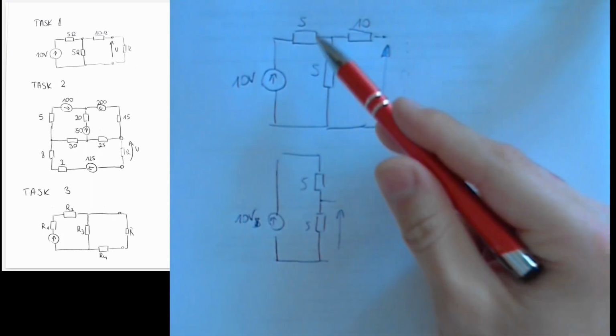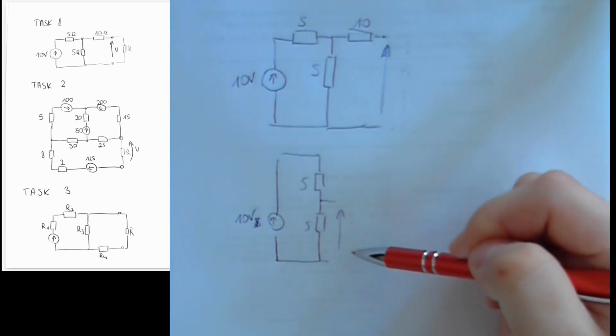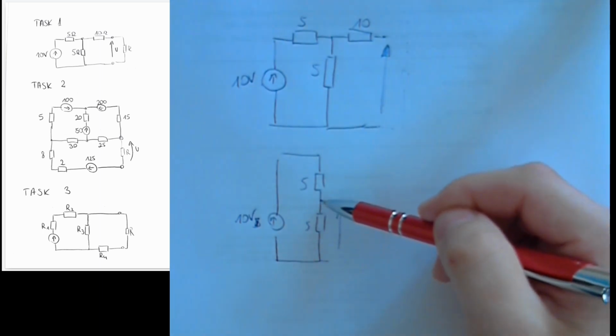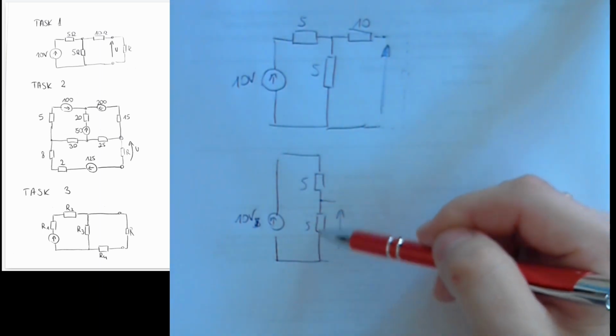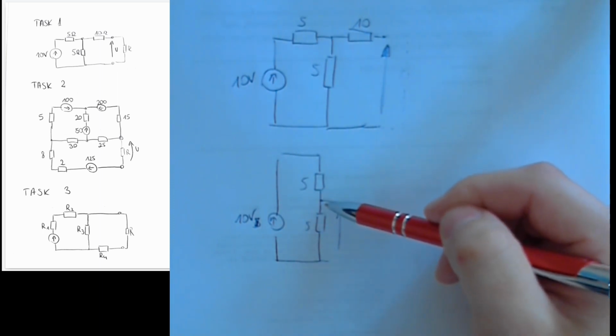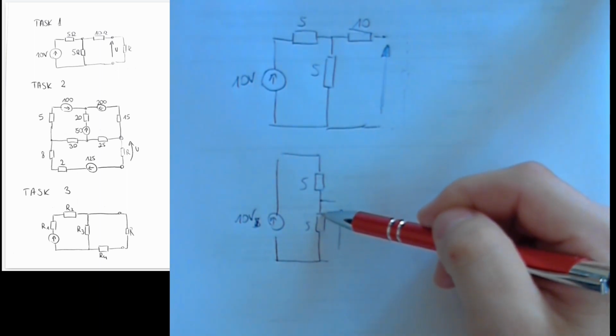So we have the first resistor and the second one, and what you can see here is that they divide voltage in half, because we have a classical voltage divider based on two resistors. They are equal in resistance, so